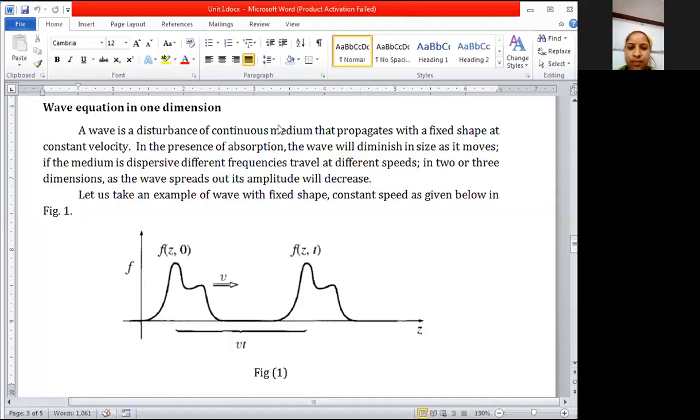Then we have curl E is equal to minus dou B by dou t. That is nothing but the Faraday's law. That is a changing magnetic field. Changing magnetic field with time produces the electric field. And this is nothing but the Maxwell's third equation. Then we have Ampere's law. Curl B is equal to mu 0 J. And Maxwell added a correction to it. And we have Maxwell's correction to Ampere's law, or that can also be termed as